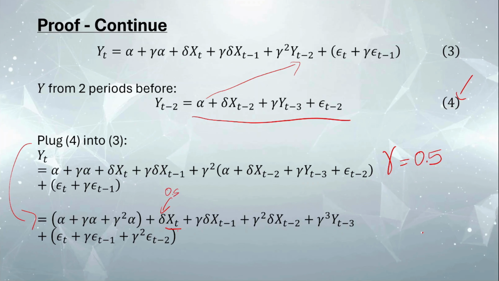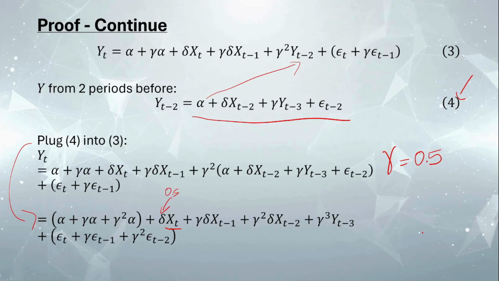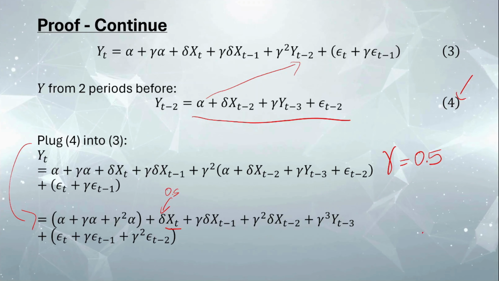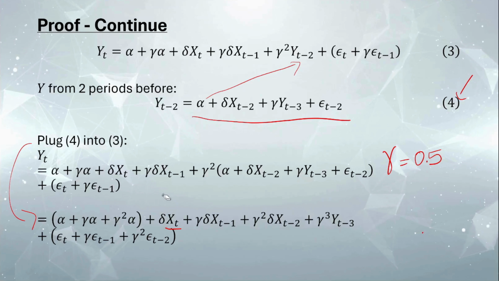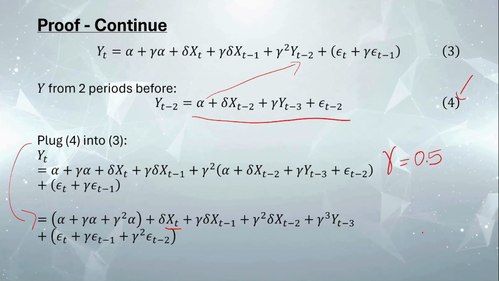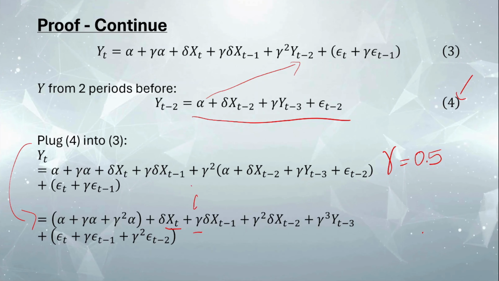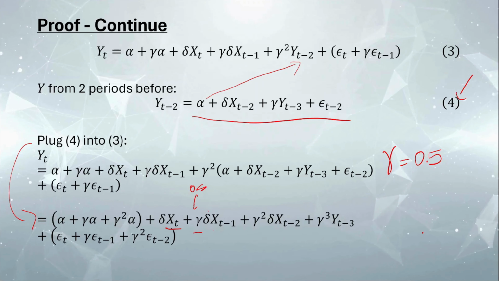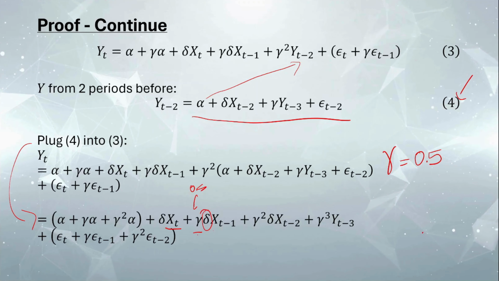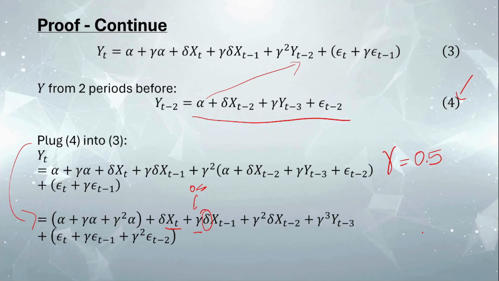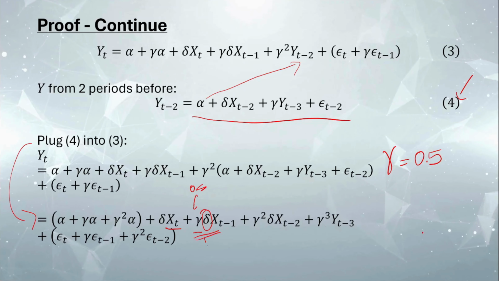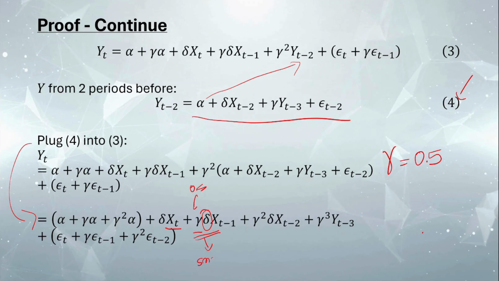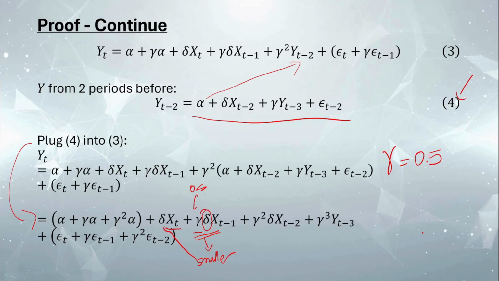Oh sorry, there's no gamma here, my bad. So here is 0.5. So we are actually taking this coefficient and multiplying it by 0.5, right? So then this coefficient actually becomes smaller than this